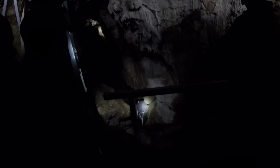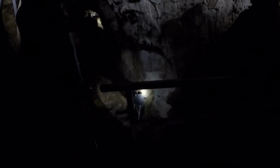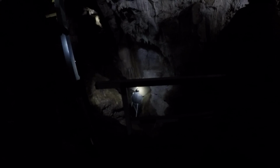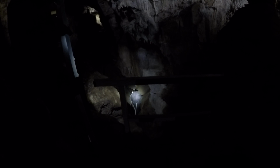So someone also asked about this thing down here. That is our super high-tech hula hoop trash bag PVC pipe water collection device. So in addition to this being a pretty popular visitor destination, we have a lot of interesting research going on in the cave. This cave is actually an incredibly important paleoclimate record. There are a lot of proxies to be looked at in the cave. So here we are monitoring the water that's moving through the cave, and we're monitoring it